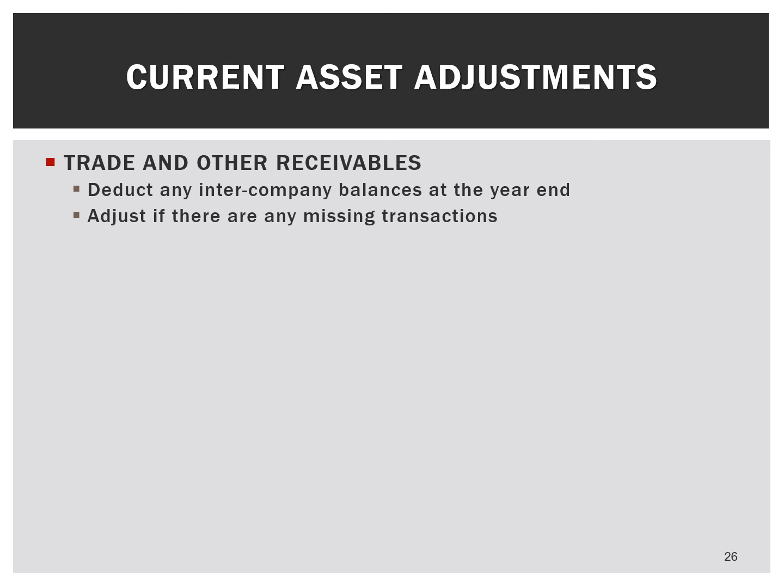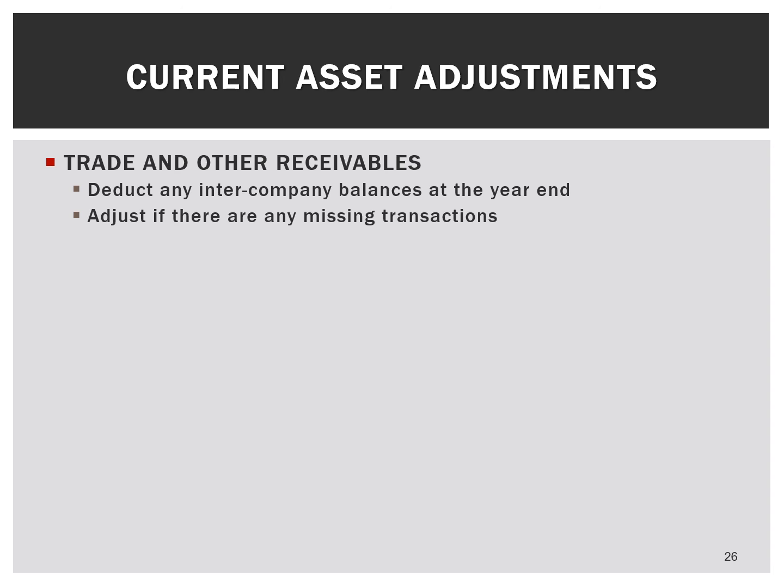We also need to make an adjustment if there happen to be any missing transactions. For example, there might have been a sale from the parent company to the subsidiary, that the parent company has recorded in its financial statements, but the subsidiary hasn't received the invoice, hasn't recorded it yet. In that case, we need to adjust the subsidiary's accounts, so any missing transactions would need to be taken account of. But normally the only adjustment that you would need to make to the trade and receivables figure is to